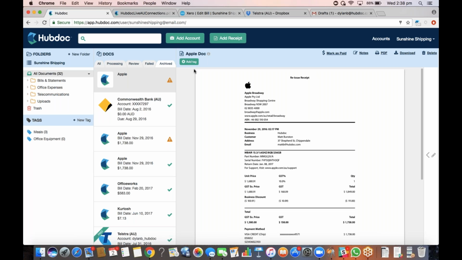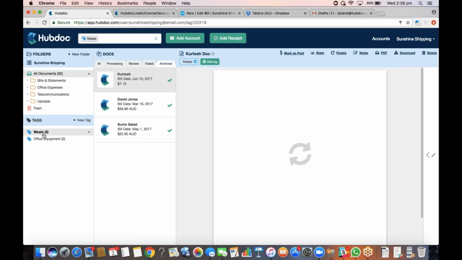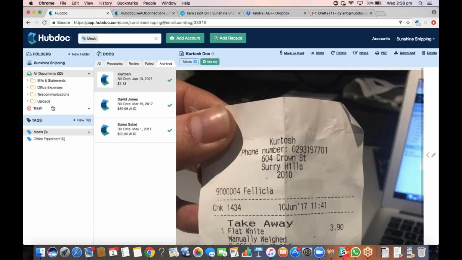Another question we just had was regarding what the blue items down the bottom that say tags are. Tags are another way of grouping documents. You can see here that I've grouped documents via meals. Up the top in our normal folder structure, we grouped documents by vendor name. If you want to group documents by something else, say for example a business trip, a quarterly